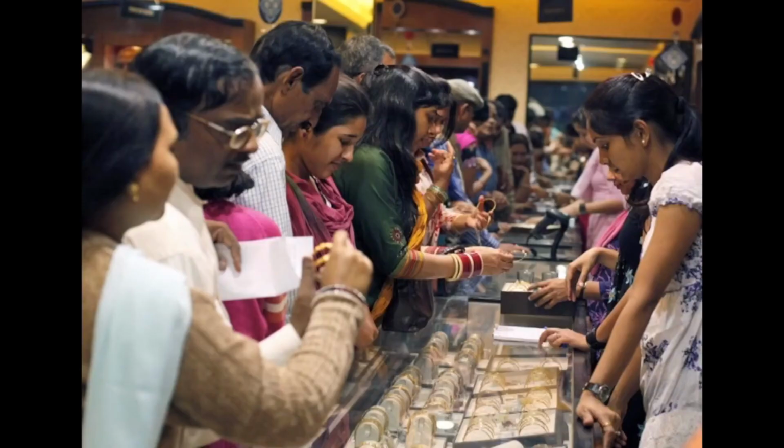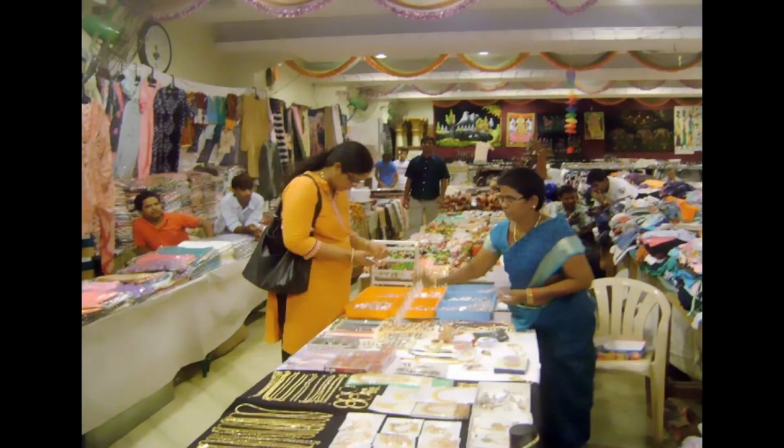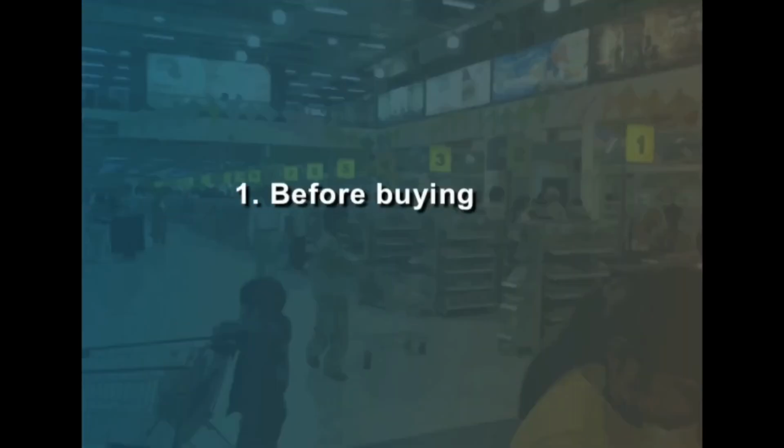Now that we have studied who is a consumer and what the rights and responsibilities of the consumer are, we'll look into what exactly a consumer has to do before purchasing a product, while purchasing a product, or after purchasing a product. There are certain steps that a consumer has to look into before purchasing goods or services. Let us divide these into 3 different stages. The first one being before buying.